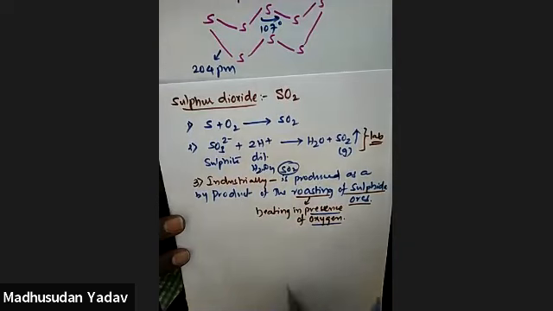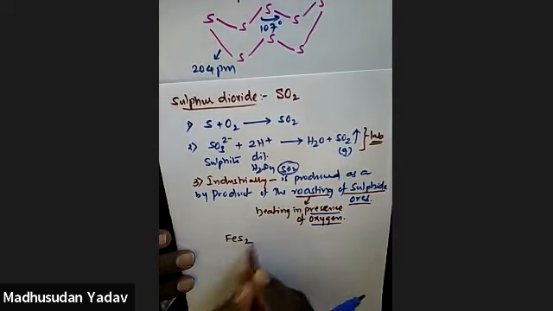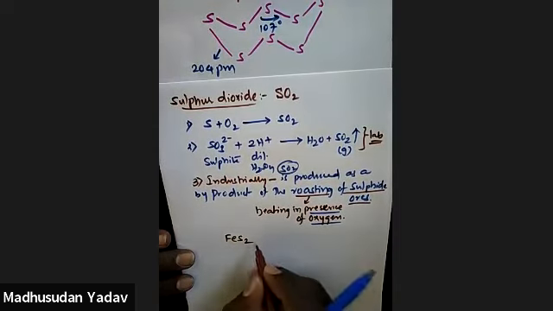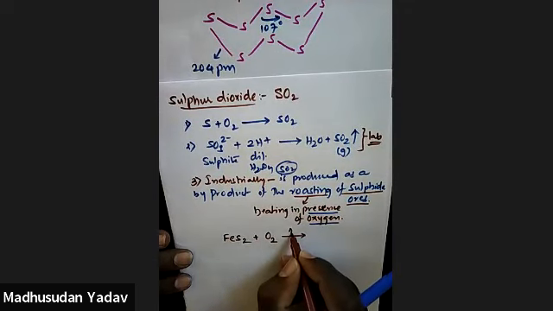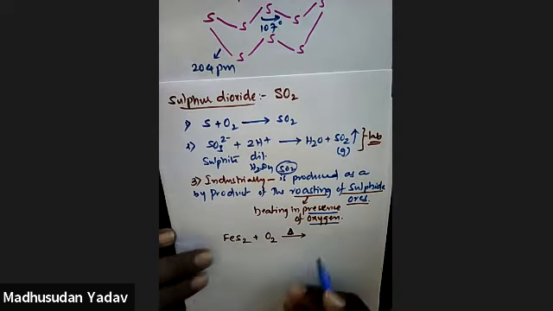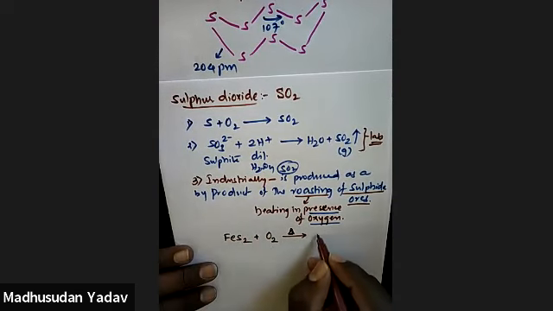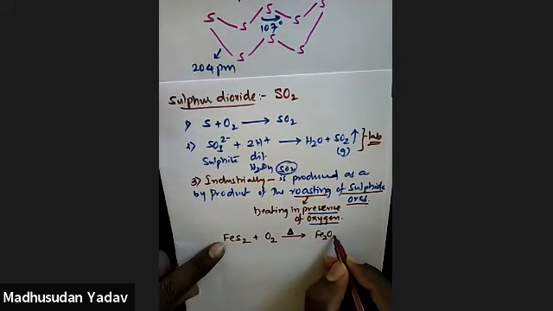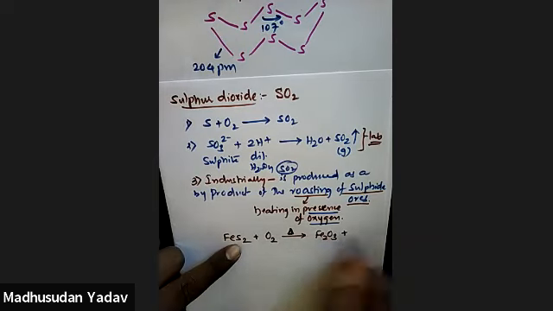So you can take any sulfide ore, suppose FeS2 I am taking, it is having sulfur and iron, right? So to roast this, that means you have to use oxygen. Oxygen means heating in the presence of oxygen. This ore is a sulfide ore. So when you heat this with excess oxygen, you will get this iron converting into Fe2O3. It is a step in iron purification technique. And sulfur and this oxygen converting into sulfur dioxide.